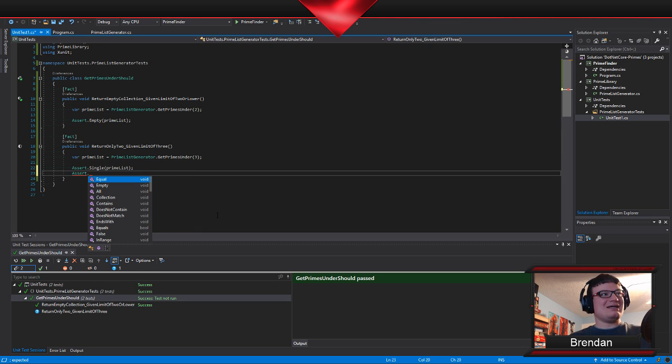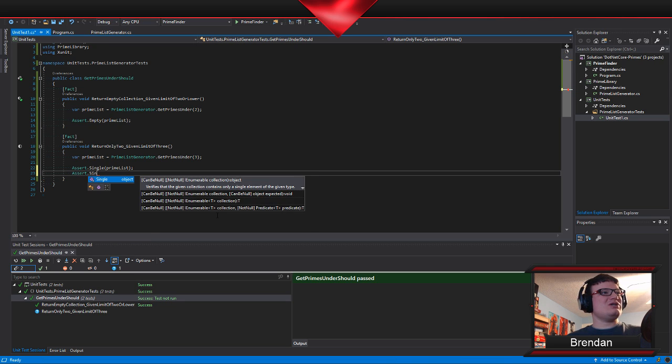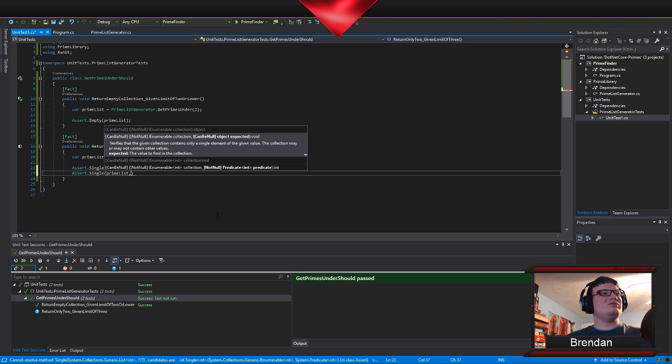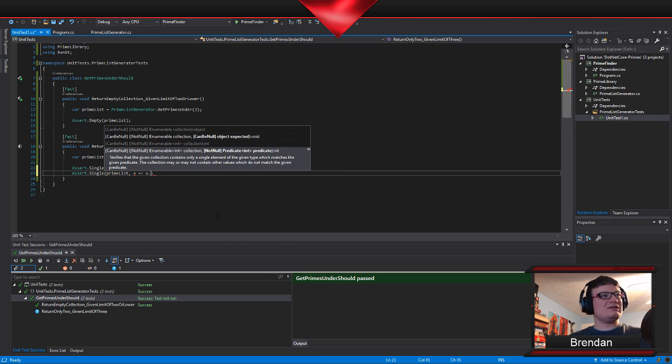At this point, we're saying we expect to have a single item, and I'm going to go ahead and confirm that single item. Actually, what's the overload of Single have? Can I say what it is? I think I might be able to. I'm going to go ahead and try it. We can have a predicate, an int predicate, so I'm going to say x equals 2.